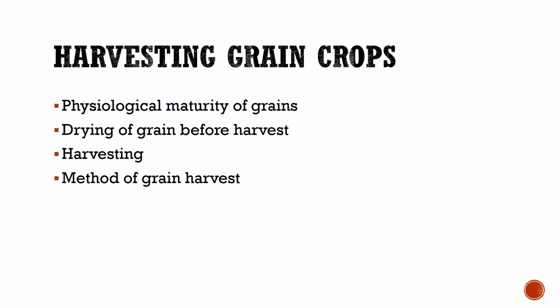All right, so now grain crops. Let's talk about harvesting grain crops. So we have to look at the physiological maturity of the grain. So is the moisture where it needs to be? Is the maturity level where it needs to be? Is it ready to be harvested? And so we have to measure that moisture. We have to measure where that maturity is in that stage,